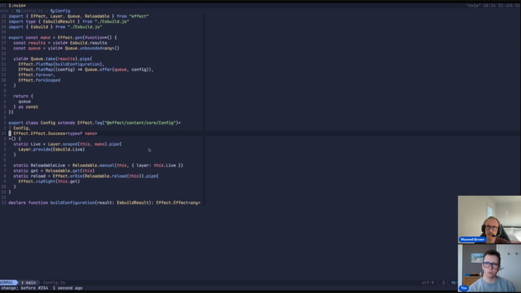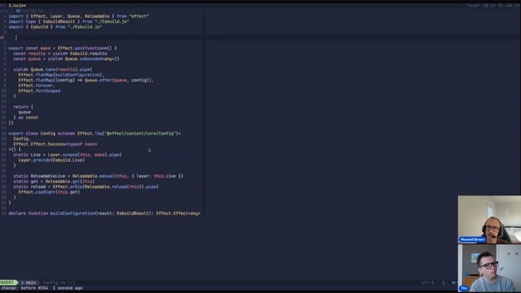So we don't exactly know what the Contentlayer config data type is going to look like yet, but at a very minimum, when we're reading our queue of build results, I'm anticipating that we're going to want probably an array of documents,